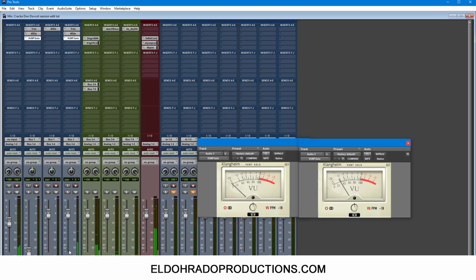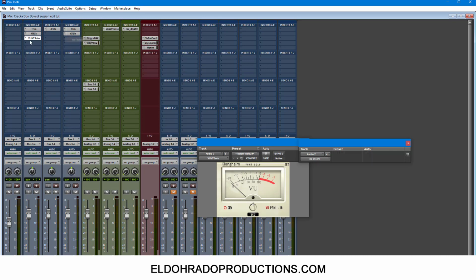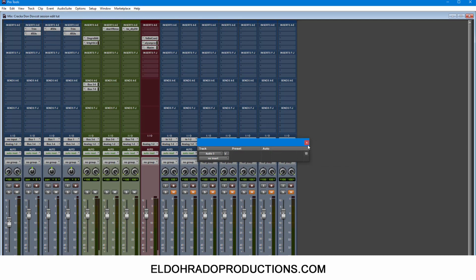So, as I mentioned before, the faders are post fader, so the volume of the fader happens after all the inserts. Please bear that in mind with the DAW. Not many people know that, but I'm going to show you how you can gain stage properly, because the trick is